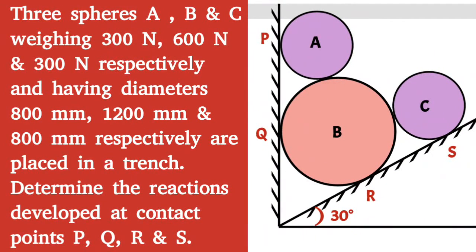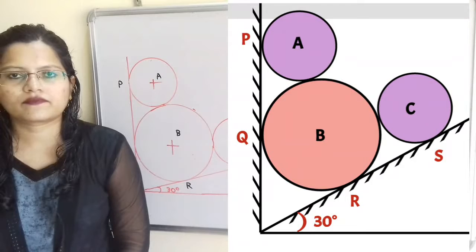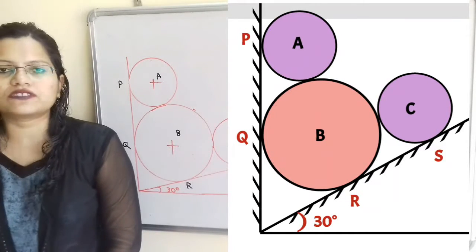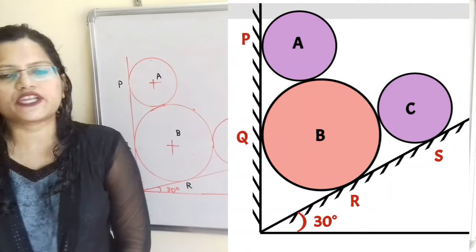Given question, three spheres A, B and C weighing 300 Newton, 600 Newton and 300 Newton respectively and having diameters 800 mm, 1200 mm and 800 mm respectively are placed in a trench. Determine the reactions developed at contact points P, Q, R and S. In the given system, we have to find out the reaction forces at the contact points P, Q, R and